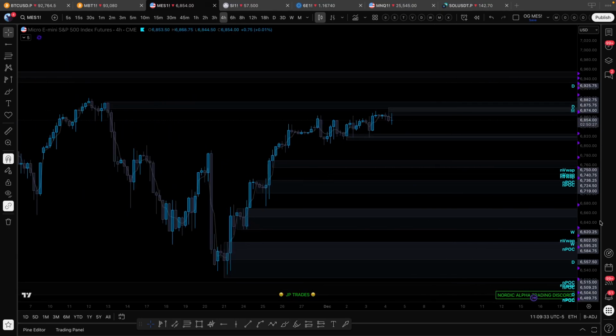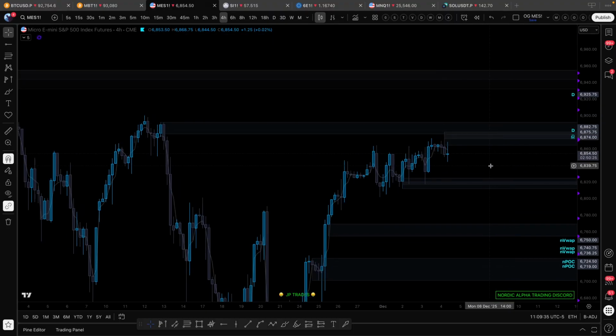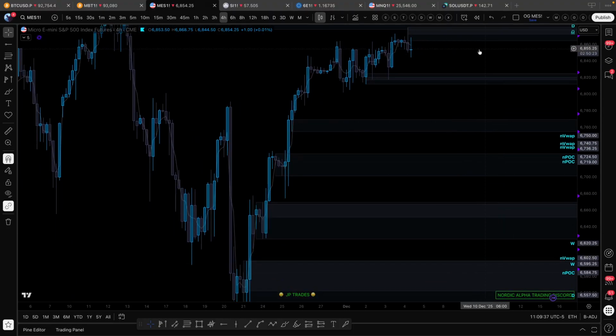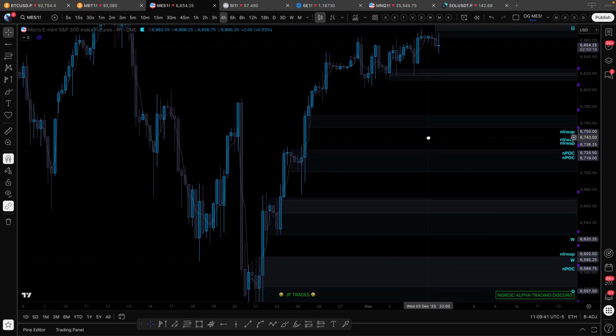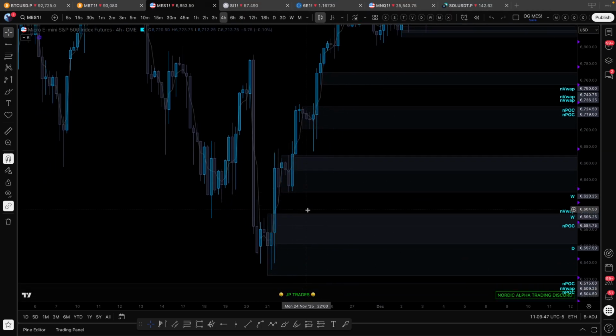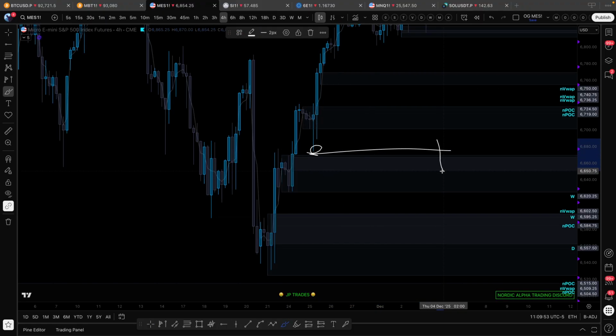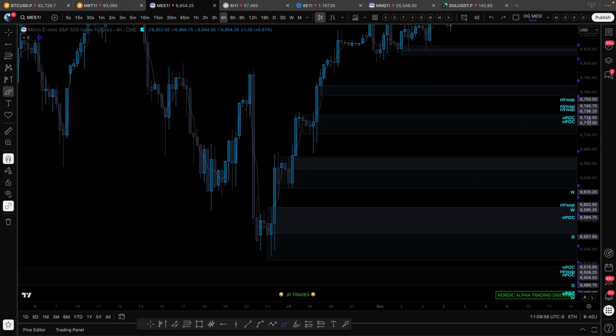Also, I forgot to give you the top side. So we have all these levels to the bottom side for longs. Easy enough, right? Again, watch your lows for the sweeps. Watch this low for a sweep and watch these lows for a sweep. And again, I'm talking about having a SFP of this low and coming into an order block and coming out. So to the top side,